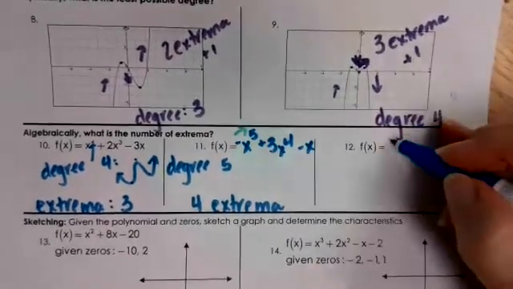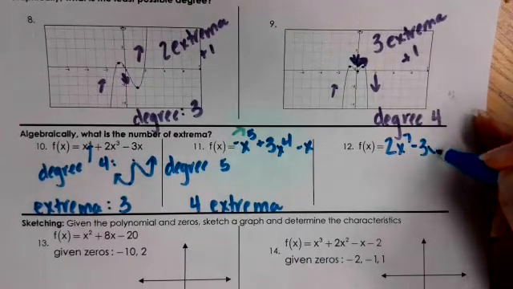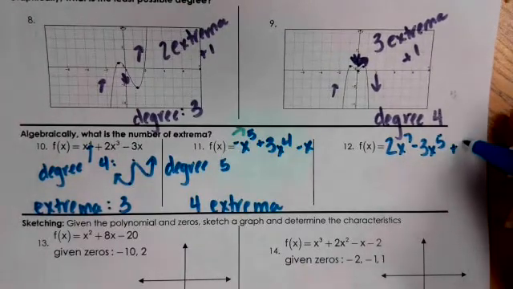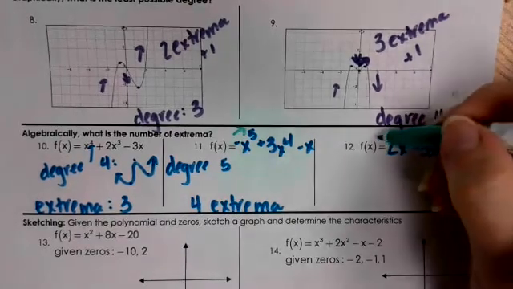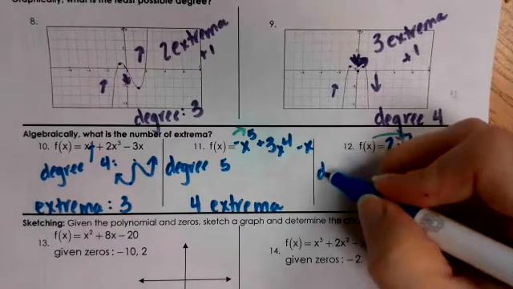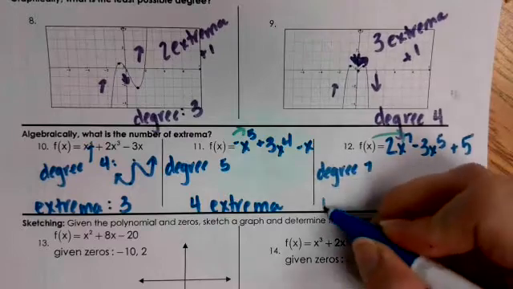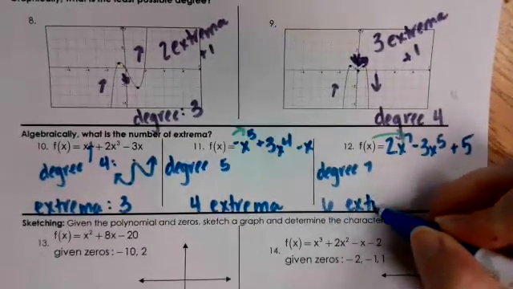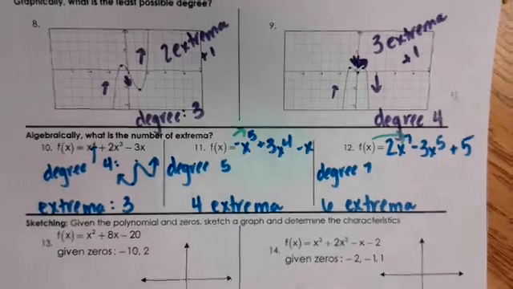All right, and then looking at number 12, if I have 2x to the 7th minus 3x to the 5th plus 5, my degree is 7. So I'll have 1 less. I will have 6 extrema. So to kind of summarize,